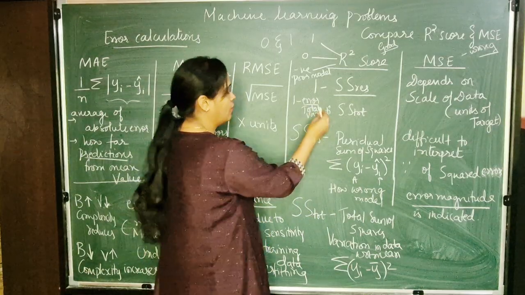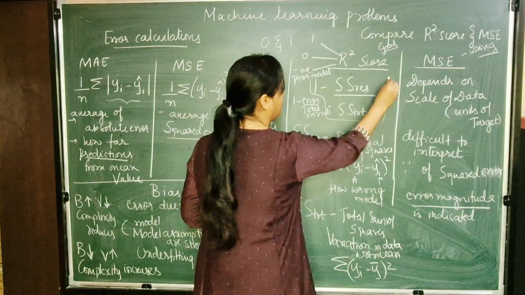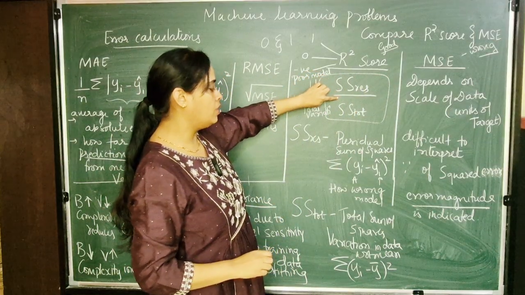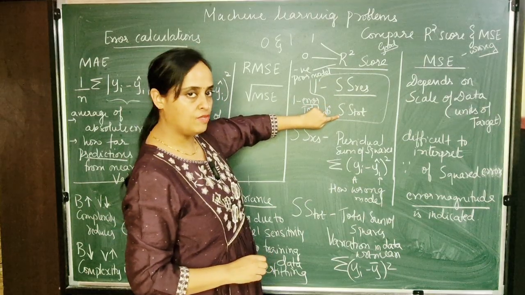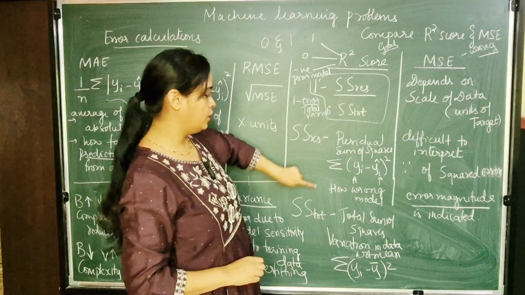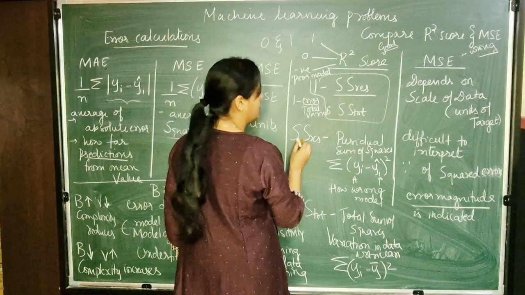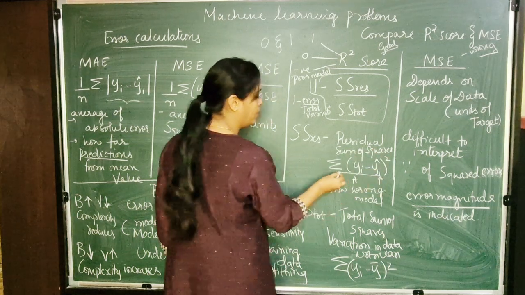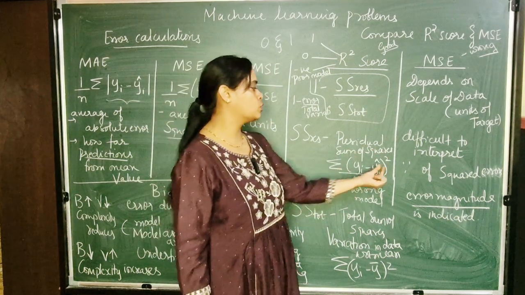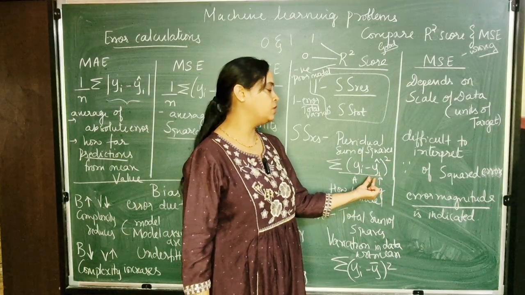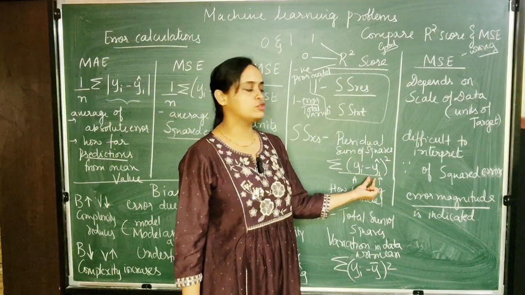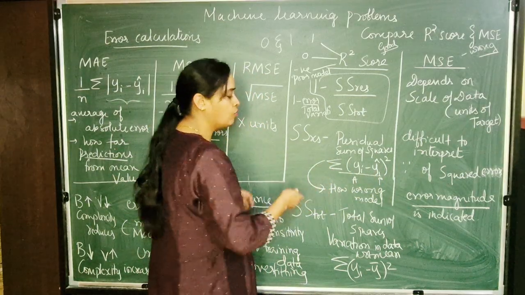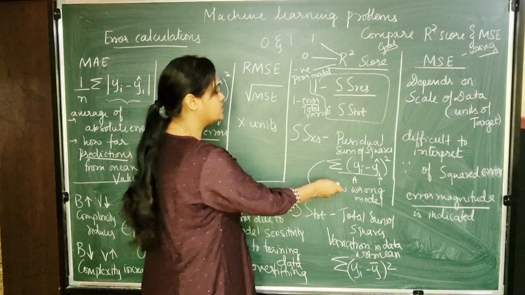To measure this, we have the formula which is nothing but 1 minus residual sum of squares divided by total sum of squares. So now one by one I'll tell you what it is. The residual sum of squares, SS res, is given by what? It indicates the squared value of the difference between actual and predicted value. So we are squaring this. This parameter actually indicates how wrong the model is. That means this is indicating the error.